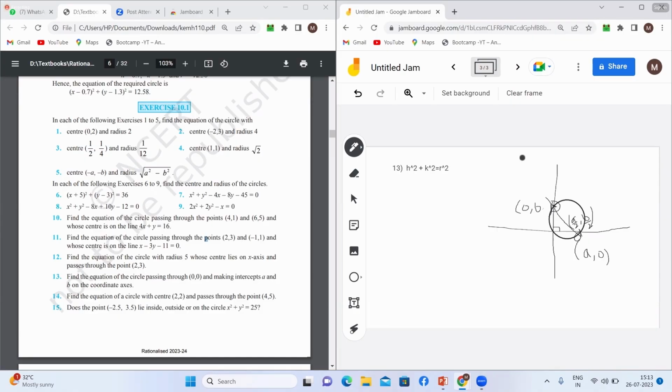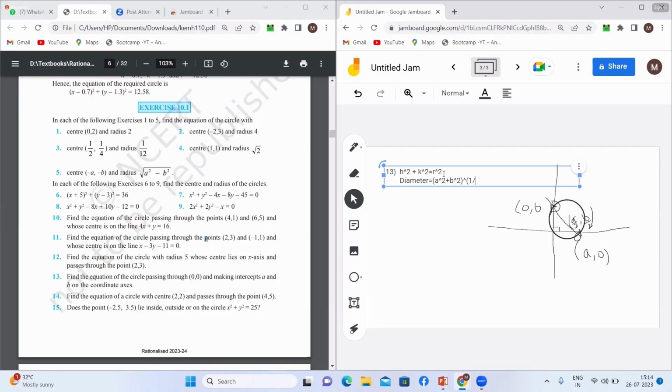और मेरा सर्कल का रेडियस कितना हो जाएगा? ये डायमीटर है तो डायमीटर की लेंथ कितनी हो जाएगी? ठीक है, तो मेरा डायमीटर इक्वल टू इन दोनों के बीच का डिस्टेंस। इन दोनों के बीच का डिस्टेंस कितना हो जाएगा? √((a - 0)² + (b - 0)²)। तो मेरा डायमीटर हो जाएगा a² + b² का अंडर रूट।